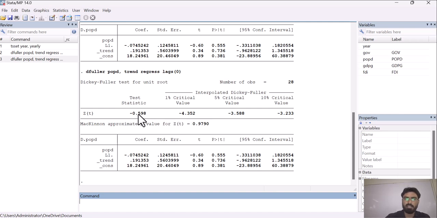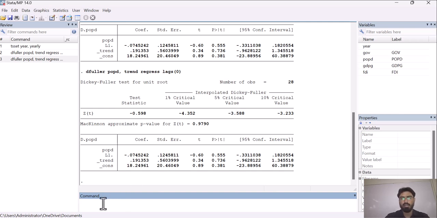What does it mean? It means that we have to ignore this minus sign from here, and also ignore the minus sign from this value as well. So if we ignore the minus signs, it means that 0.598 is less than 3.58, which means that we have to accept the null hypothesis.